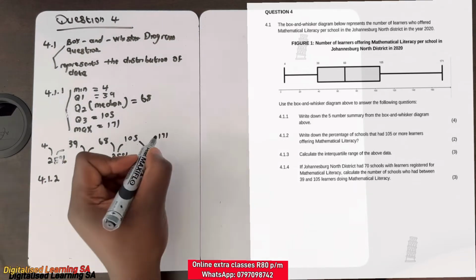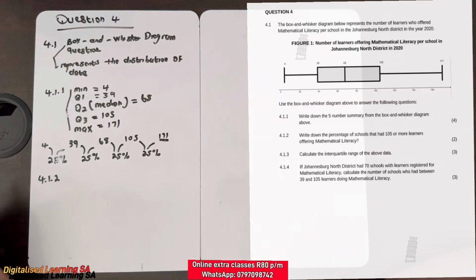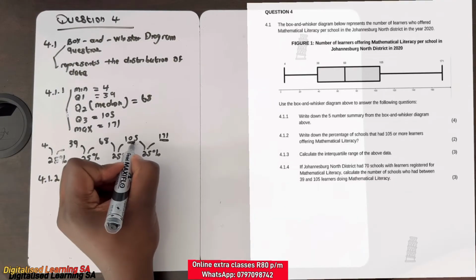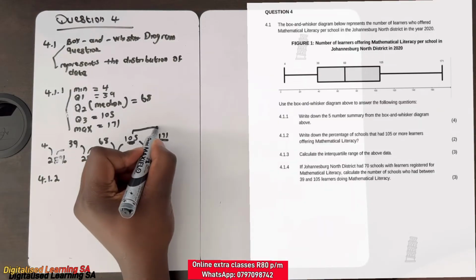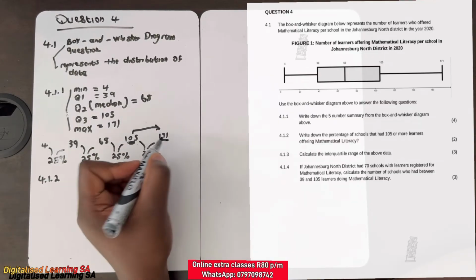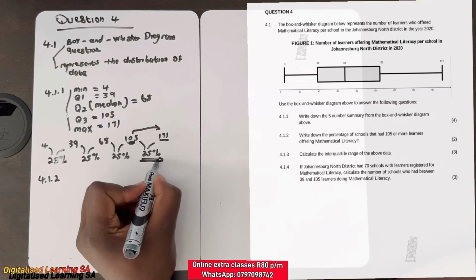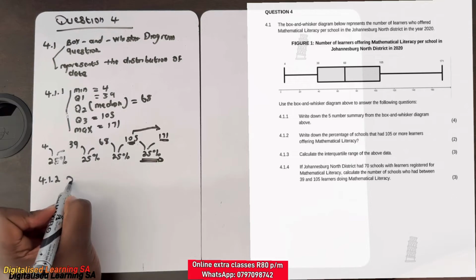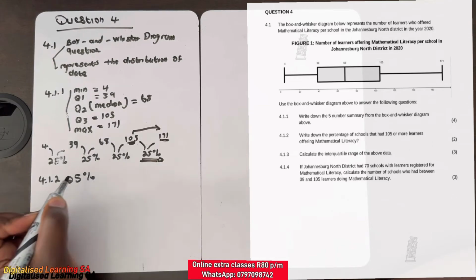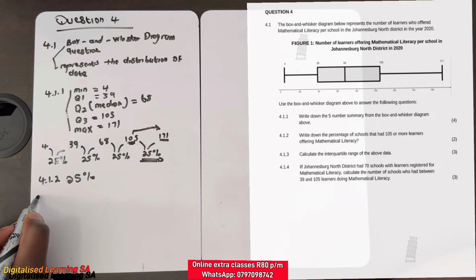We know that our maximum is 171, and from 105 to 171, the percentage is 25%, meaning that our answer will be 25%. So now let's move to